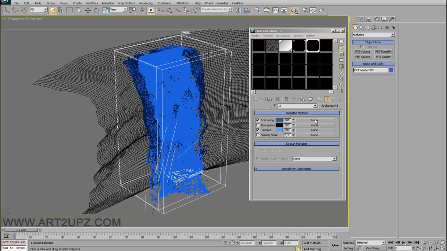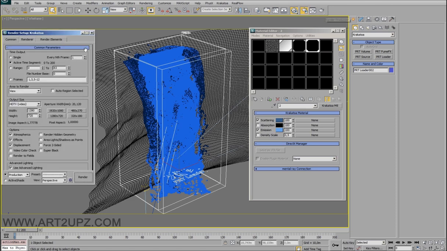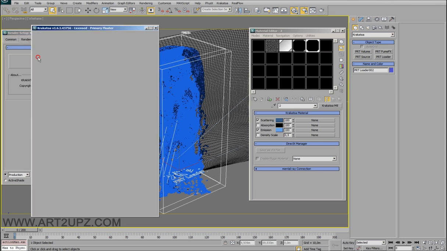The material of Krakatoa is different from the standard material. You have only the scattering, absorption, emission, and density of your material. But this kind of material value, you can also find inside the GUI of Krakatoa